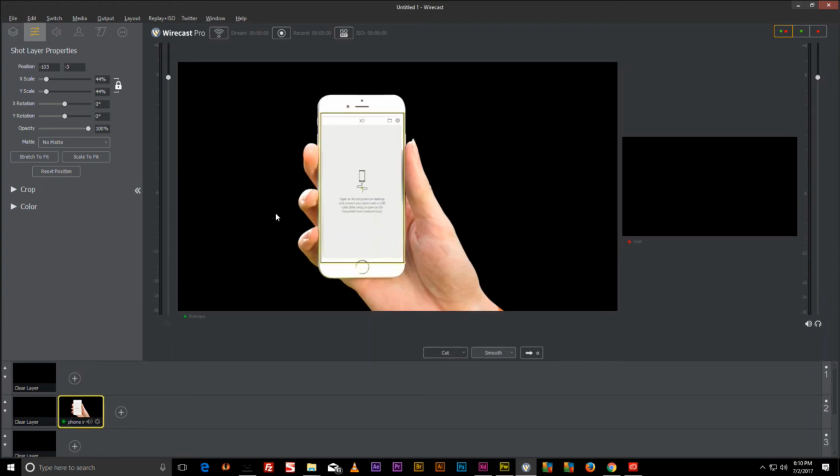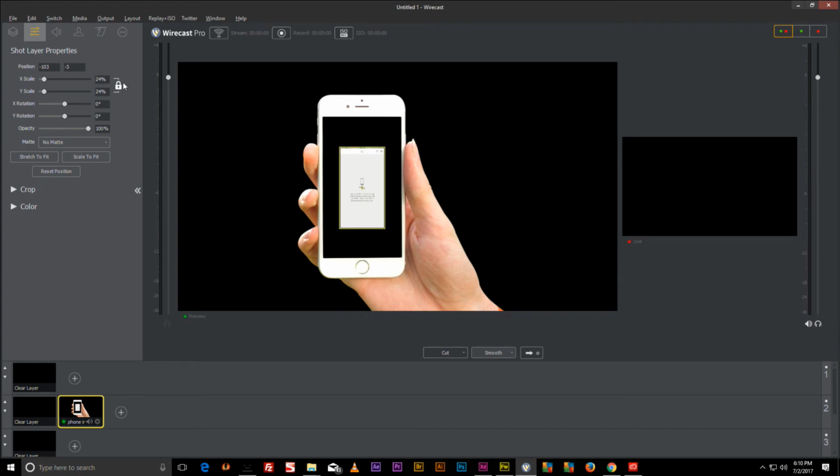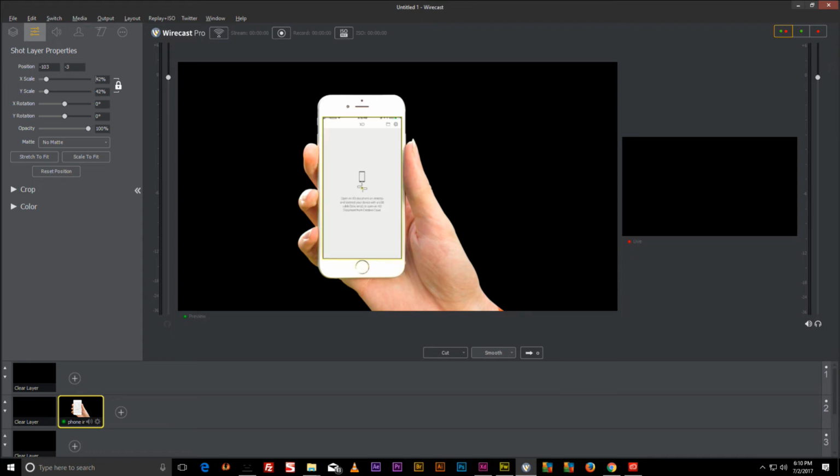So I want to try to make this as perfect as possible. Obviously we can't get it 100% perfect. Let's try 42. I am dyslexic. And that's pretty close. We can go with that. You know, it doesn't have to be perfect, but just for the sake of this tutorial, now